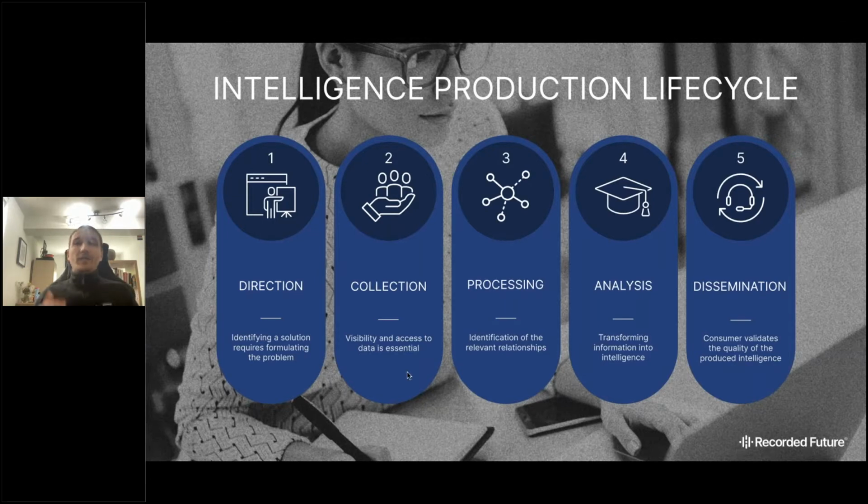When we talk about the production of intelligence, one of the very important stages is the collection part. We need to have visibility in those areas that will allow us to get the data, to transform it further into information, and then to extract the intelligence that will allow us to improve our workflows and our security operations. And once we cover this challenge of having visibility around all of these sources, we need to realize that all of these